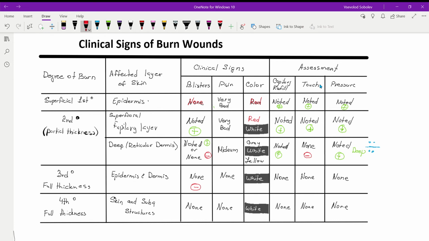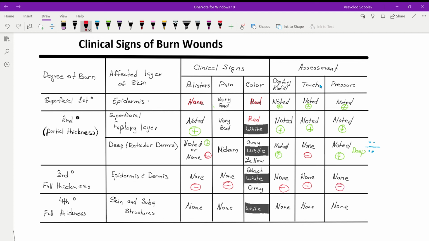Pain, there would be no pain, no nerves are left. Color, white, black, gray. Capillary refill. So you press on it, nothing happens, no capillary refill. You press on it, there's no touch sensation. You press on it again, there's no